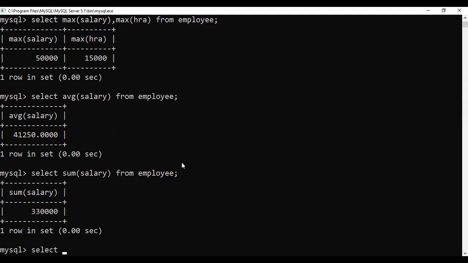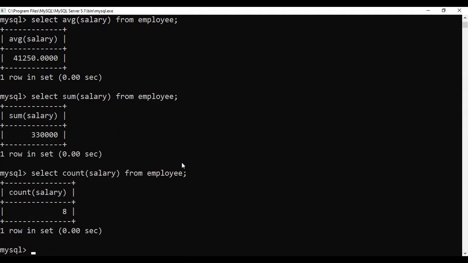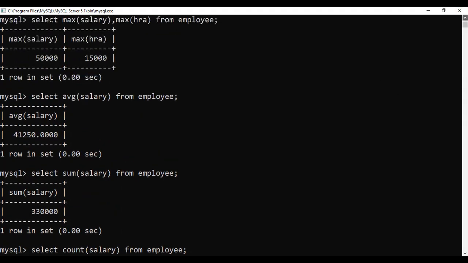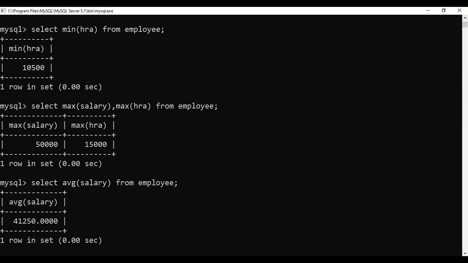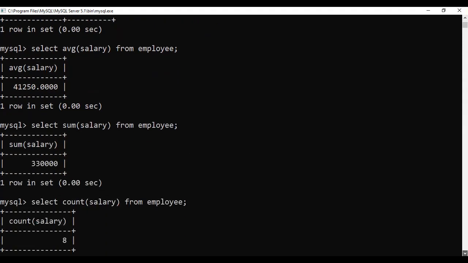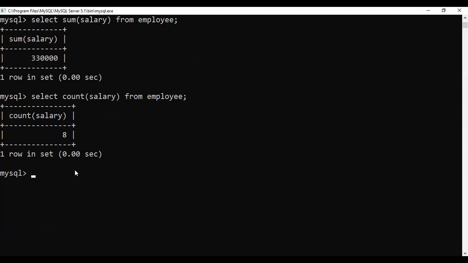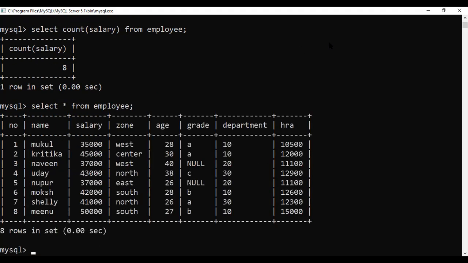Select count of salary from employee. You will get 8, isn't it? So again, I just come with the table. You can see the count of salary is 8. If I say select staff from employee, this is our table.